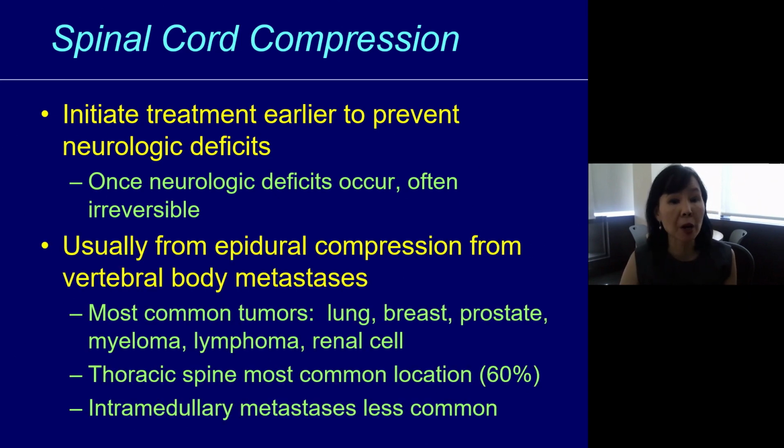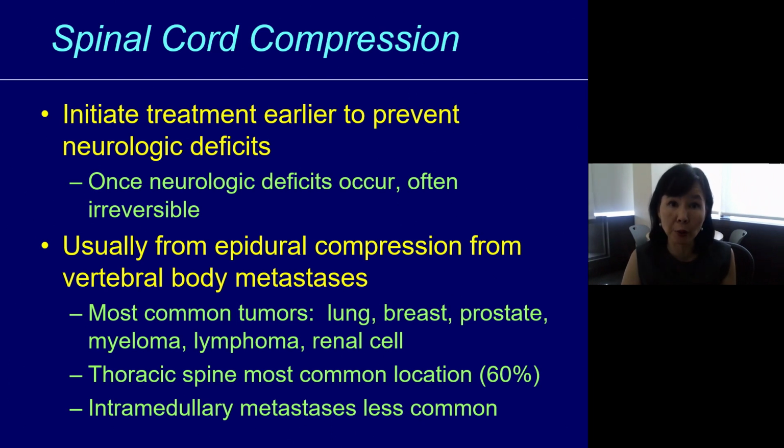It's generally from epidural compression from vertebral body metastases. The most common tumors are lung, breast, prostate, myeloma, lymphoma, and renal cell. The thoracic spine, interestingly, is the most common location about 60% of the time. And that's because the thoracic spine is actually very well vascularized, so it is an area where you can definitely get tumor. And then the other thing is it's an area where the spinal